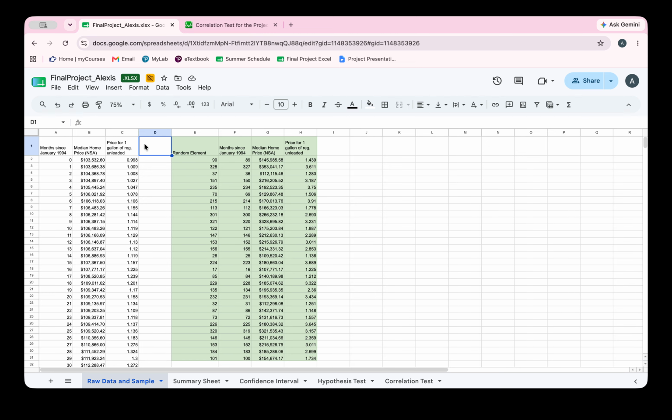My name is Alexis and today I'm going to be walking you through my Google Sheets workbook where I have chosen the data set of median home prices versus 1 gallon of gas since January 1994. So here on my raw data and sample sheet, we did a random sampling of 30 data points, and you can see that in green here. Moving on to my summary sheet,